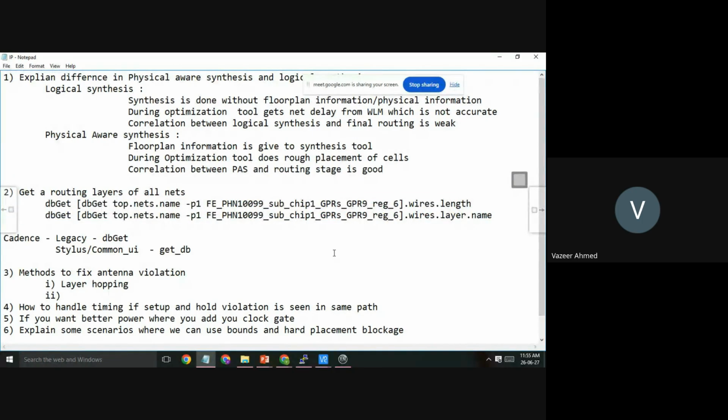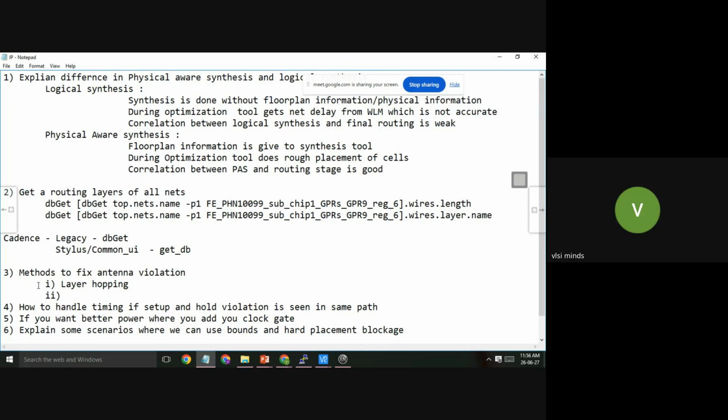We will be covering such commands in the course, and apart from these, many other commands also. See, our training is based on Innovus only. We are not using the Synopsys tool, because although many students know Synopsys, nowadays many interview opportunities are based on Innovus.